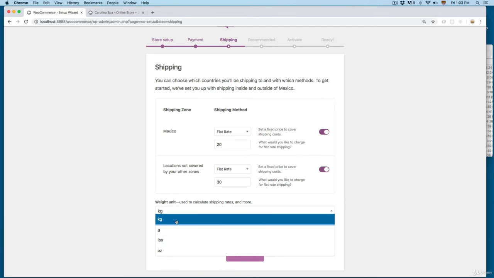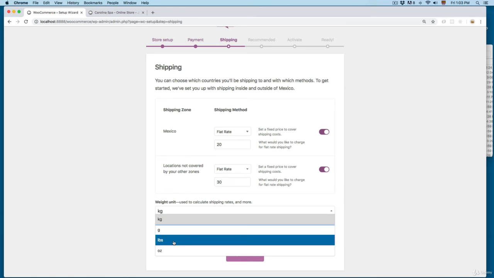It's going to be really important because if you add a live rate plugin, for example, let's say that someone buys a fridge. The shipping for a fridge is going to be more expensive than the shipping for a television because the fridge weighs more. So these values are something important, something that the plugin that you enable is going to read to give you the proper rate when you add something like that.